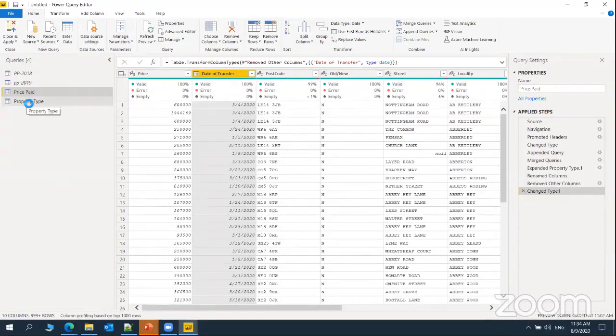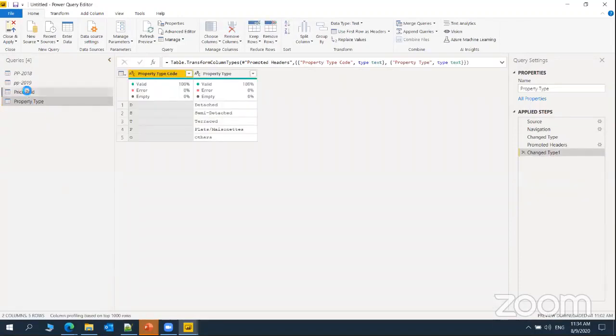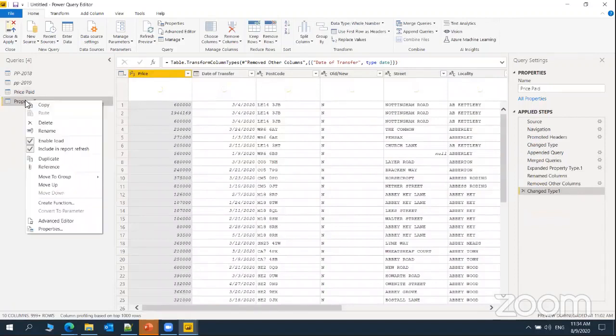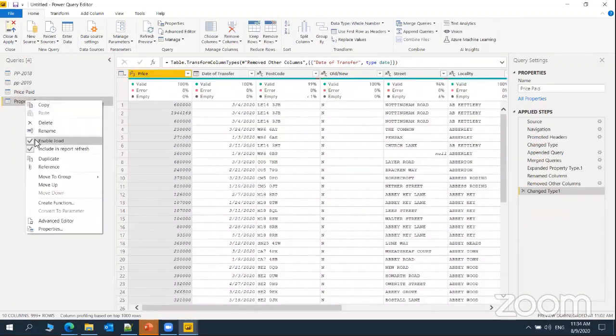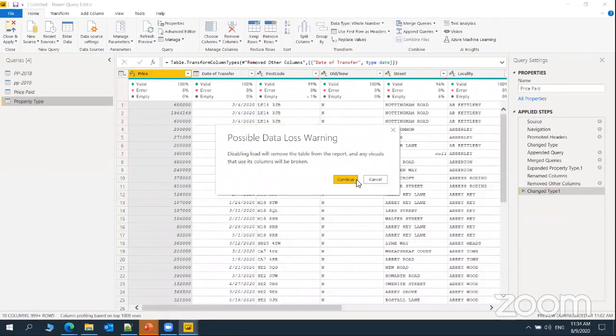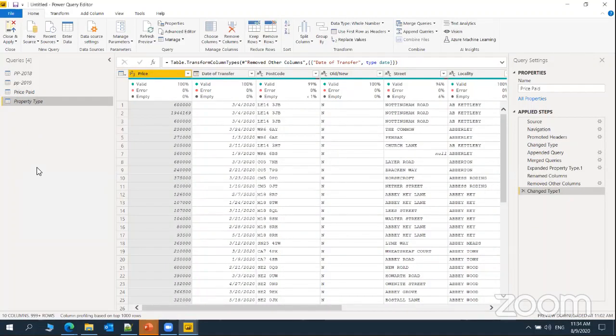And anyway, this property type I have also loaded into this price paid. I don't want to reload it again. What I will do is disable this option so that it is not going to run whenever we do some refreshes or some processing. And it is not going to appear, these property type PP 2018, 2019 tables are not going to appear in our model level, and even at the data set level. So for that, I'm just disabling that option.